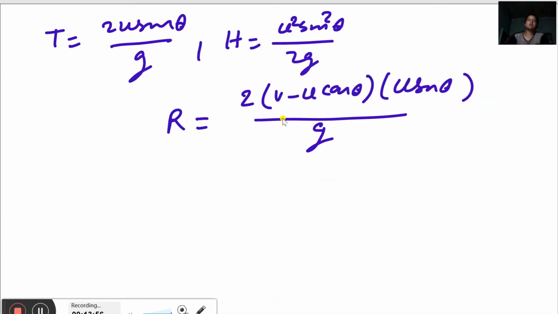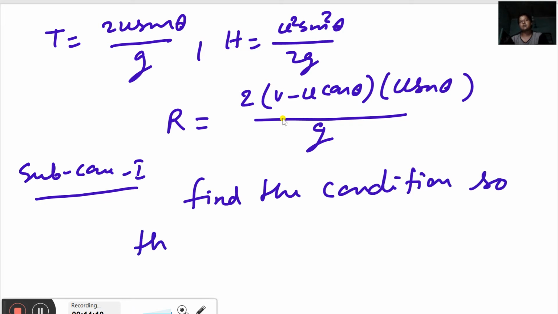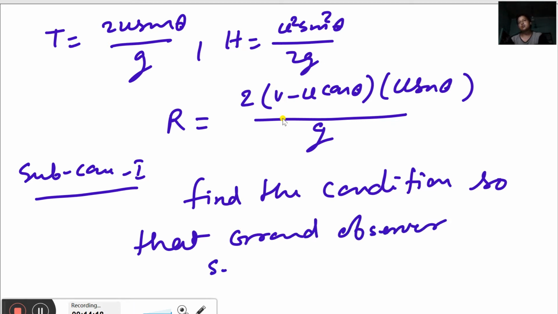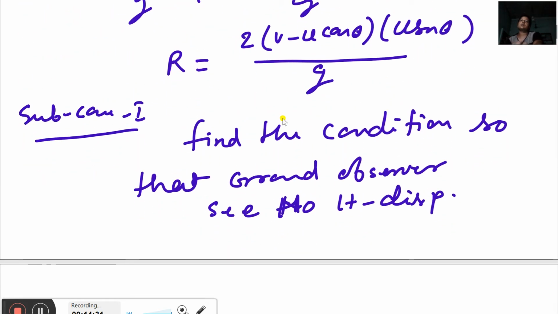There may a question arise here. Sub case 1, find the condition so that the ground observer sees no horizontal displacement, means no range, range equals to 0,